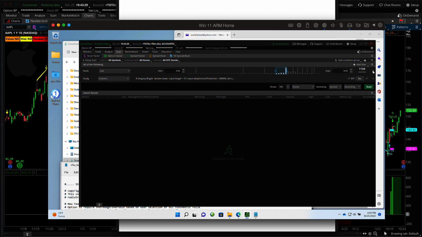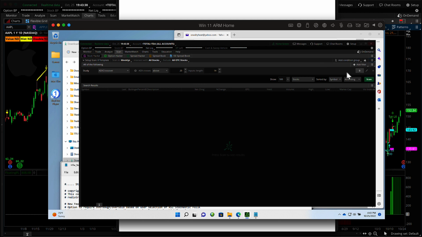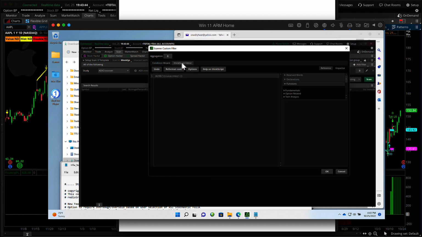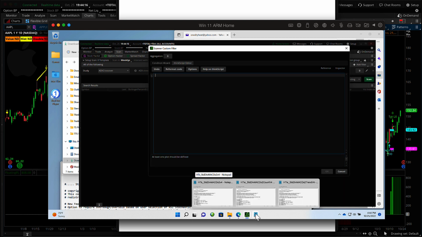So I'm going to go ahead and open up this template scan that I have built, and that contains one study filter. I'm going to click the edit button on that study filter, then go to the ThinkScript editor, select all of this code right here and erase it. Now I'm going to get the code for the scan, which is located in this file